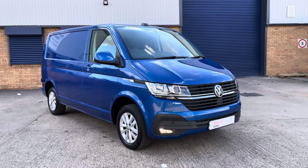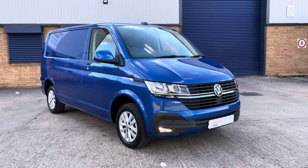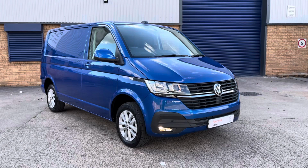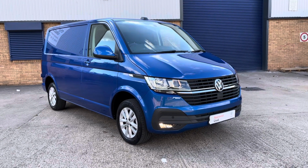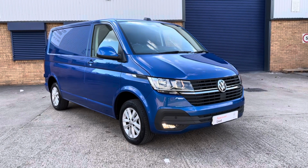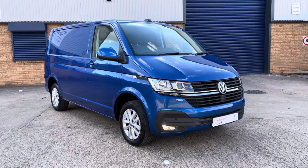Now for a quick recap over the video. Here we have for you a Volkswagen Transporter. It's a short wheelbase panel van. It's a Highline model. It's fitted with a 110 PS 2 litre turbo diesel engine, and it also has a 5-speed manual